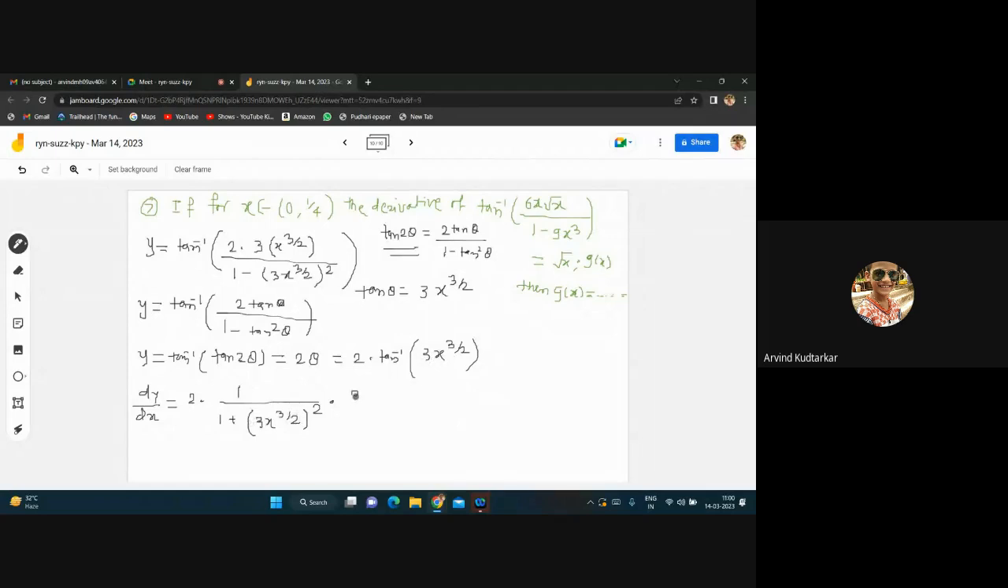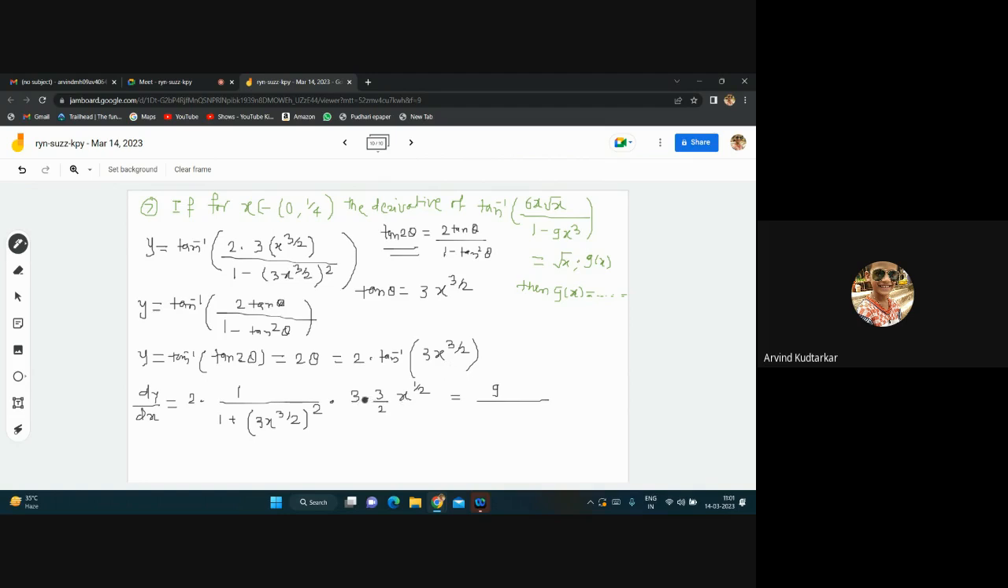So what will be the derivative of 3 into x raised to 3 by 2? This is just like the index law. For x raised to n, the derivative is n into x raised to n minus 1. So we get 3 by 2 into x raised to 3 by 2 minus 1, which means x raised to 1 by 2. The 3 and 3 give 9, so 9 by 2 is there. After simplifying these steps, we get 9 upon